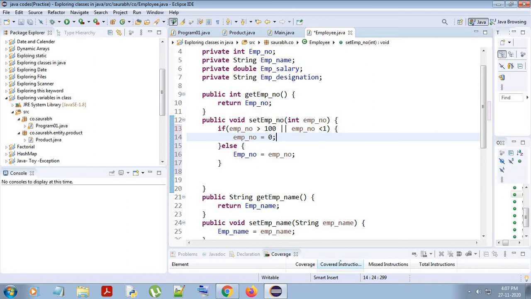So it's an indication that someone outsider is accessing your data.